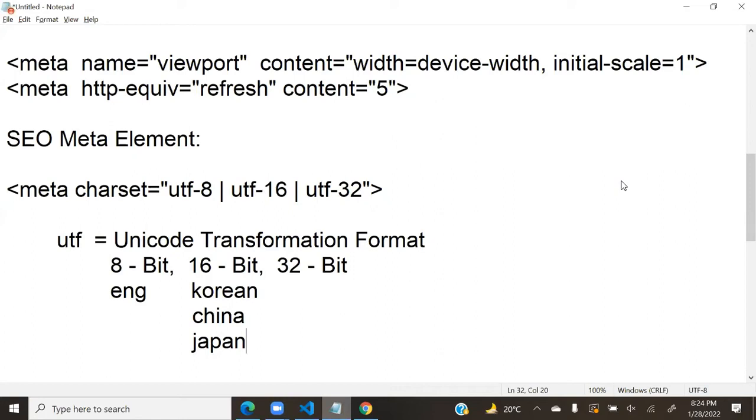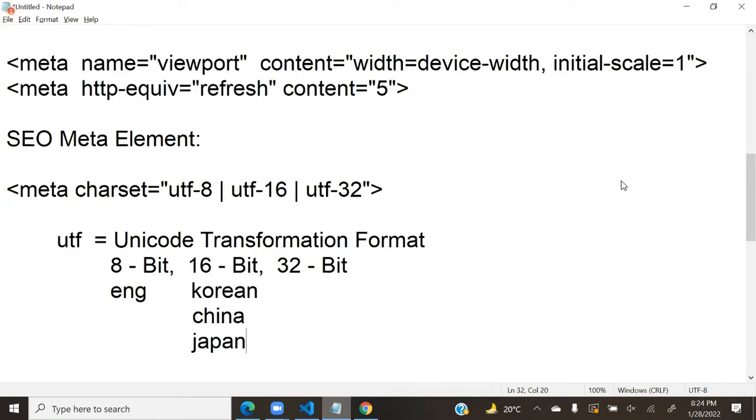I hope you have seen so many times, when you are trying to use a page which is not in your language, browsers and search engines ask you, do you want me to translate? These days we have such facilities that these engines will translate. They will translate and give it to you in English, but that needs to be provided by the search engines.